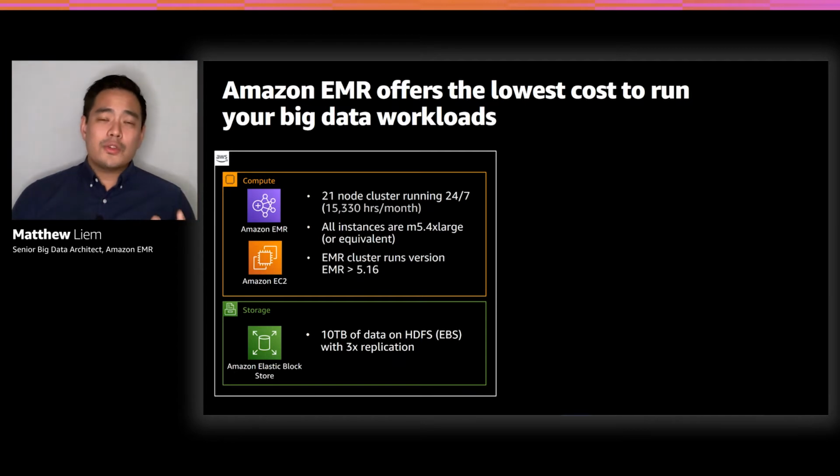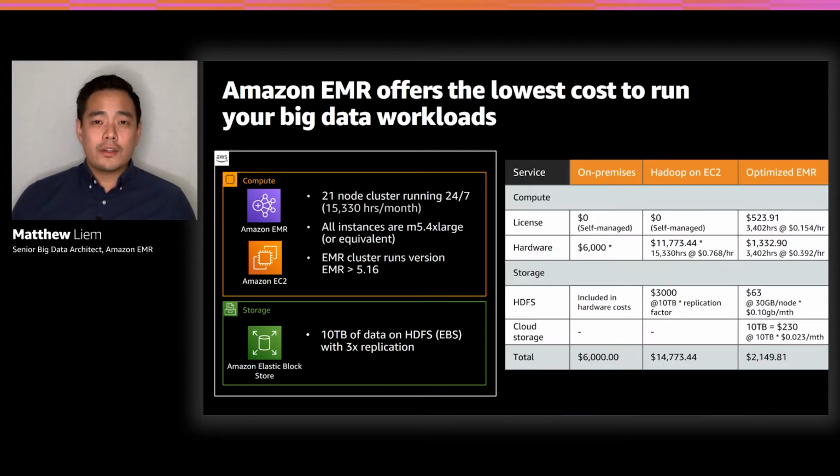And so when we take those requirements and translate them to costs across different environments, in our on-prem environment, we estimate that cost to be around $6,000, which is a rough ballpark number. With our Hadoop on EC2, this is our self-managed Hadoop offering. Your cost is going to be around